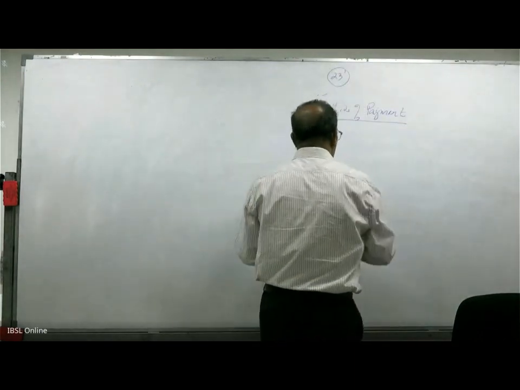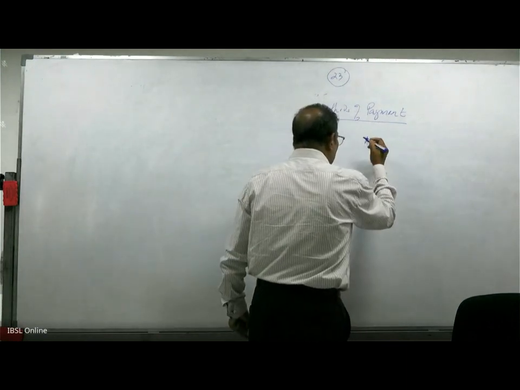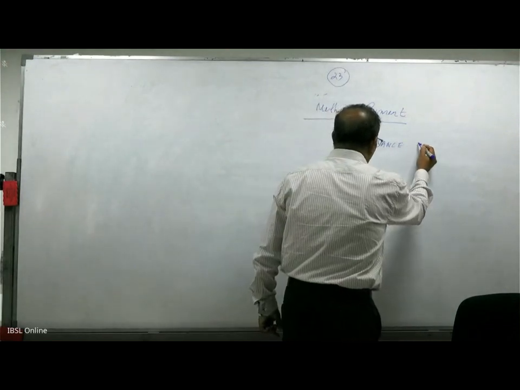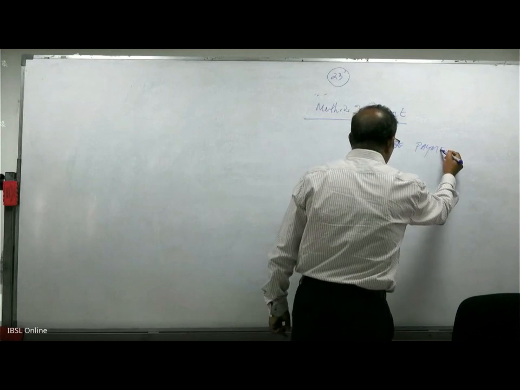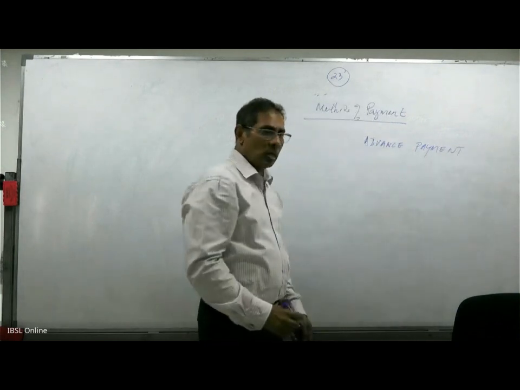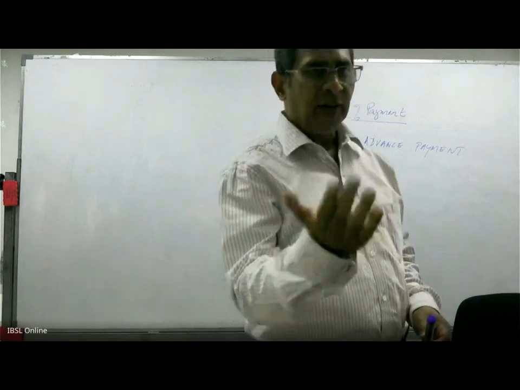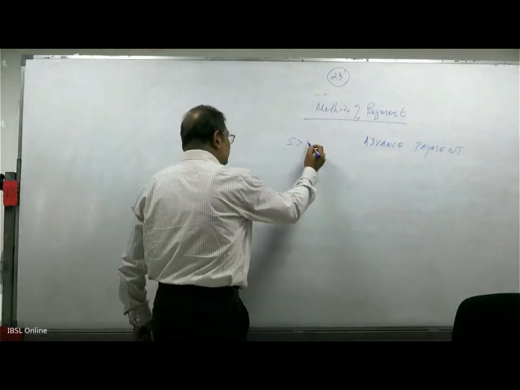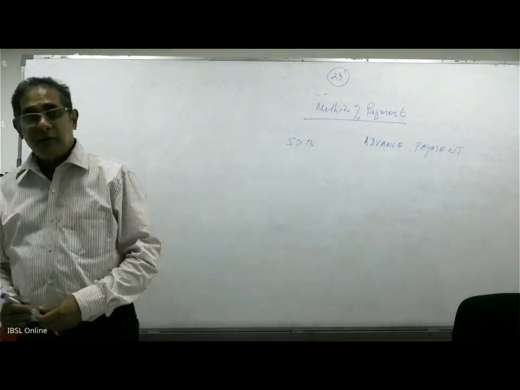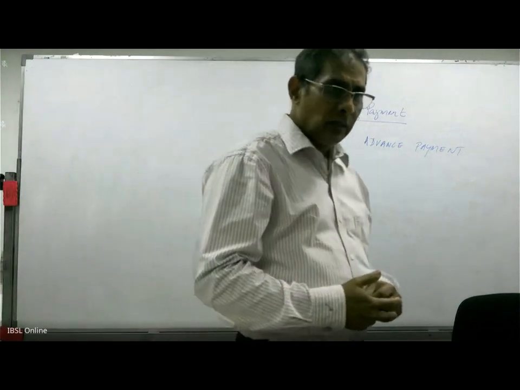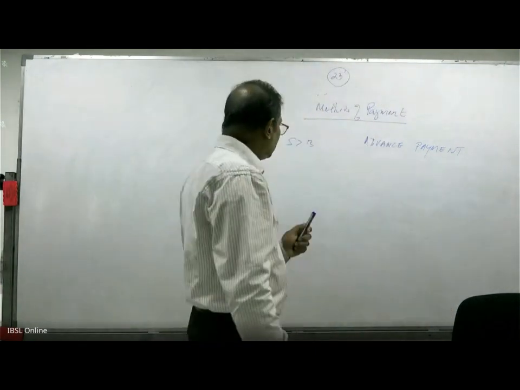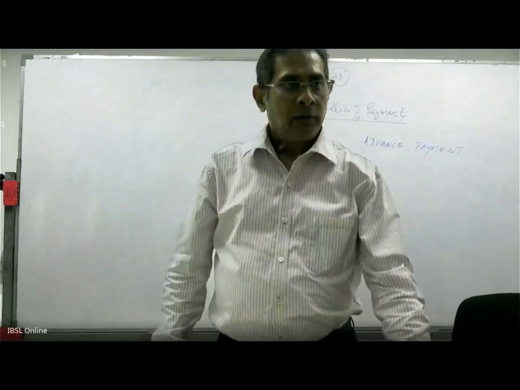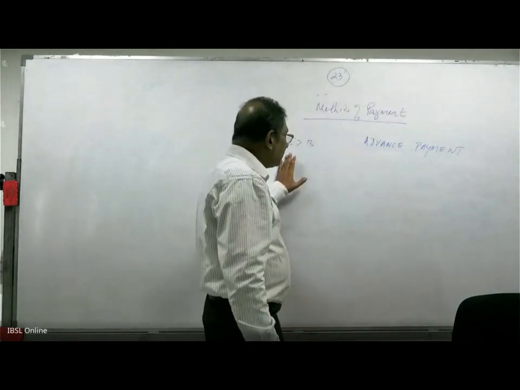Now, the next method of payment is the other side of the coin of the open account. It's called advance payment. In this case, the seller is stronger than the buyer. The seller can find an abundance of buyers in the buyer's country. Therefore, the seller will dictate to, or dominate, the buyer.